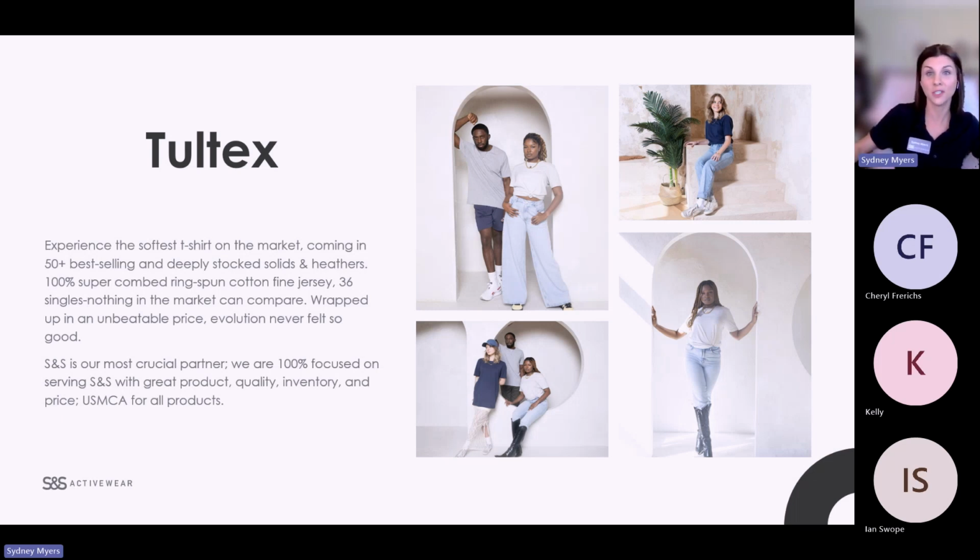The newest styles that we just came out with this year are the 602 and the 602 CVC. These are closest to that Bella Canvas 3001 or like the Next Level 6210, 3600, any of those fashion brands. This is very close to those, but just less expensive. So these are actually made, the Toltex 602 and 602 CVC, they're made with super combed and ring spun cotton. So these come in at $36.60